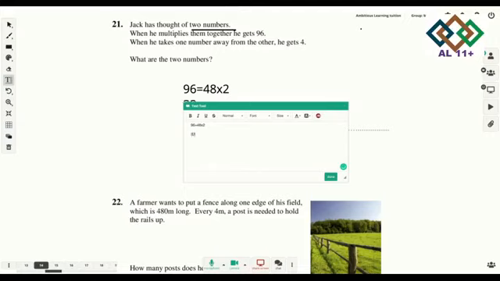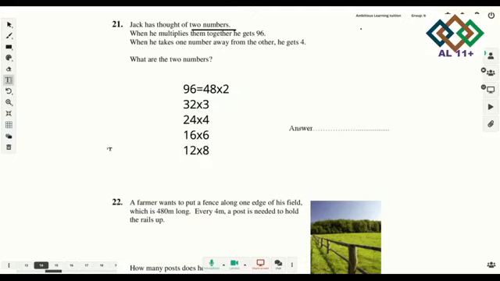That gives you 32 multiplied by 3. I'm just thinking what the numbers could be. 24 multiplied by 4. 16 multiplied by 6. 12 multiplied by 8. So if you look at what the sequence is going on,